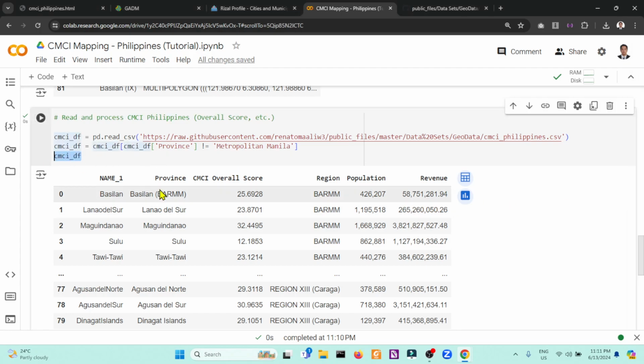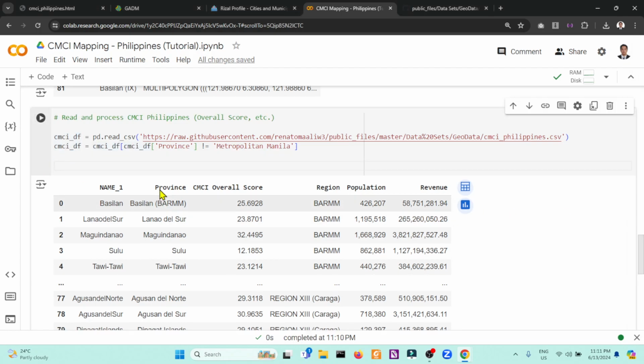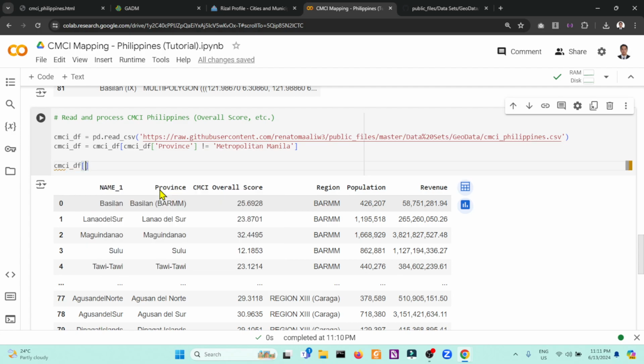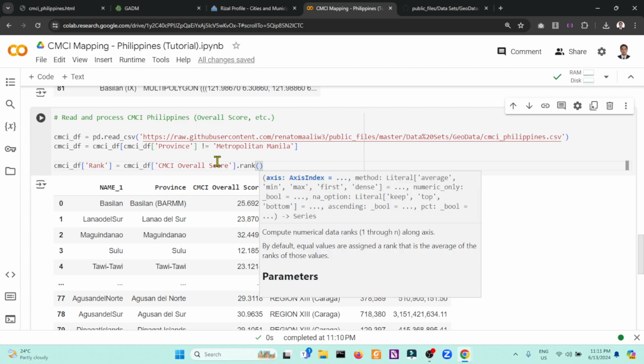Then I'm interested in the specific rank, so I'll show you the code. CMCI DF will create another column right here, named rank. Based on the overall score, we will rank each province.